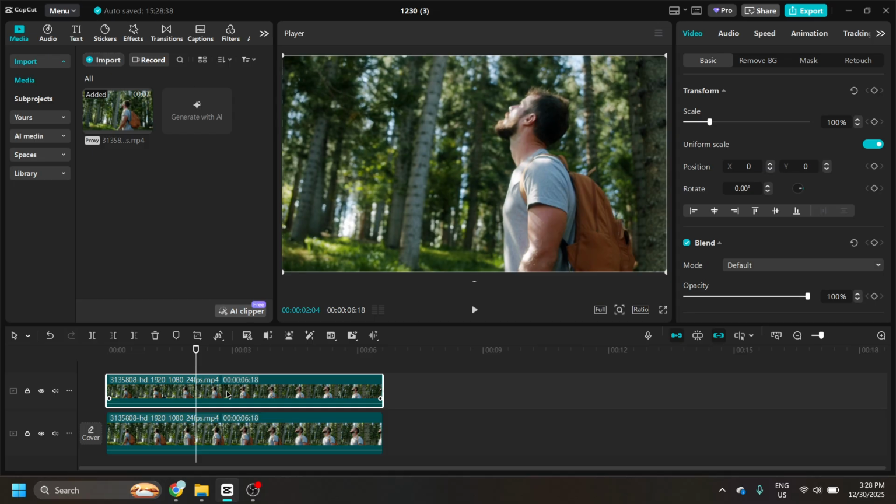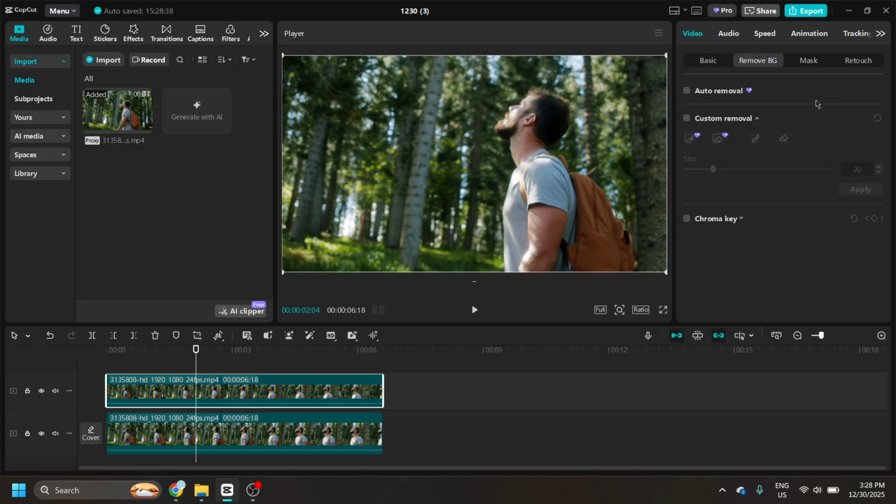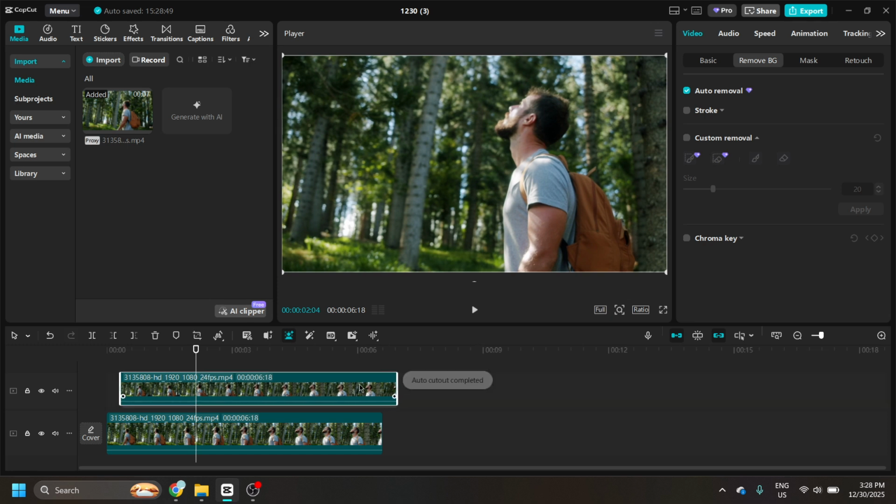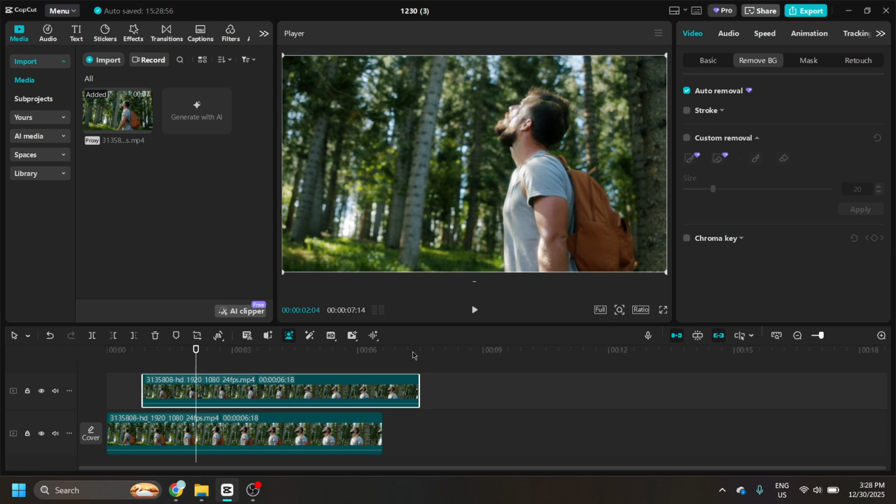silhouette. With the duplicated clip selected, remove its background. Use CapCut's background removal tool and let it process. You should see the subject isolated on transparency, while the original background remains visible on the lower clip. If you notice soft edges or small cutout artifacts, let the tool finish processing and play a second or two